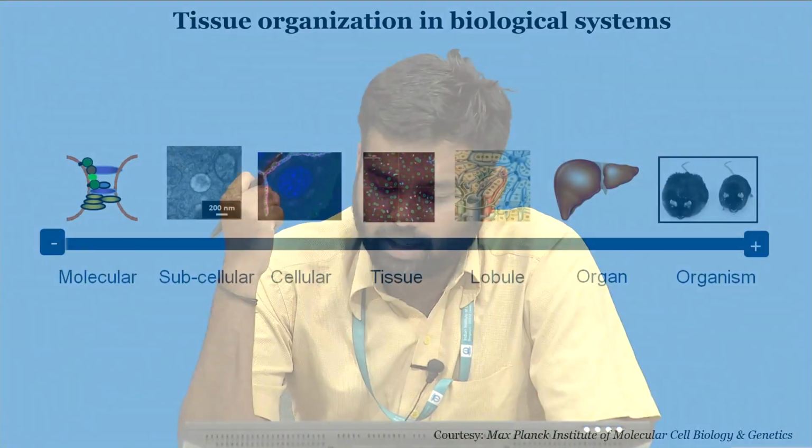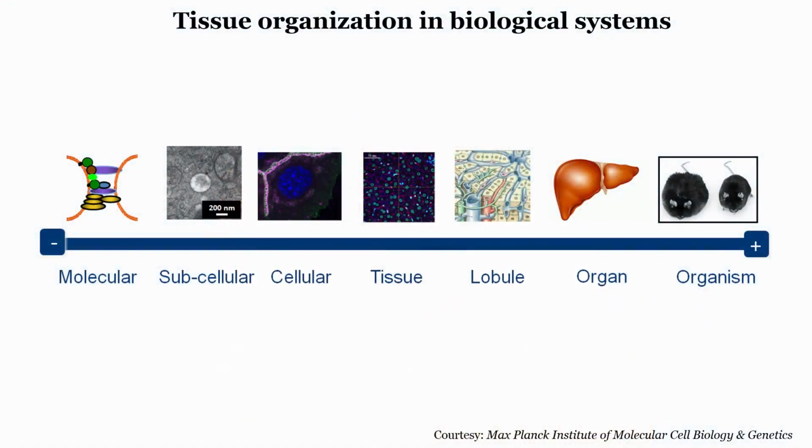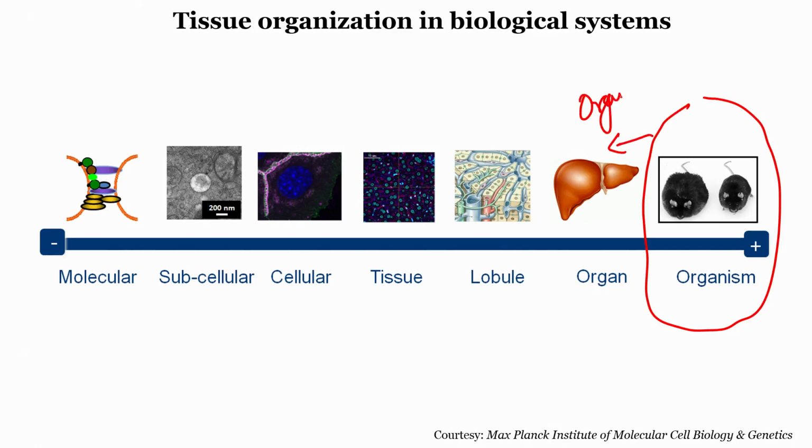So, as a brief recap, we have seen the different levels of tissue organization, right. So, we know that we have seen that organism is there, and then organism is composed of organ systems. Organ systems are then composed of organs, we have covered all this last time, and then organs are supplied nutrients by the blood vessels and the lobules.